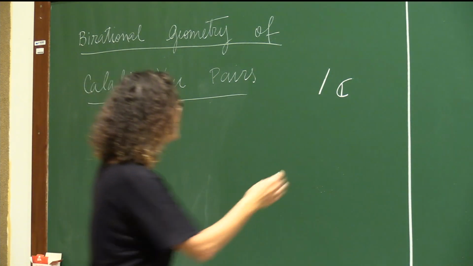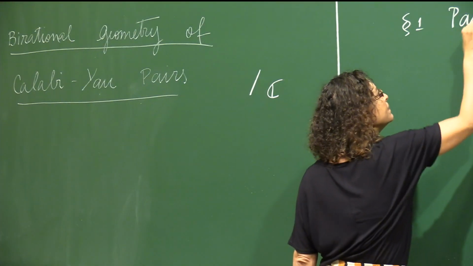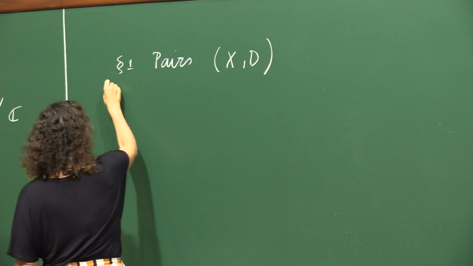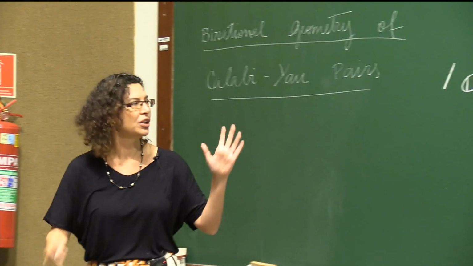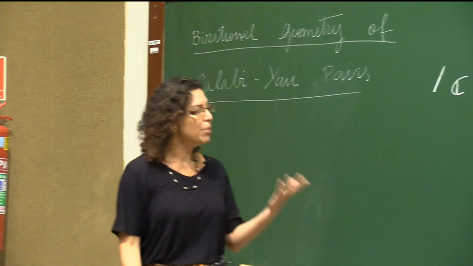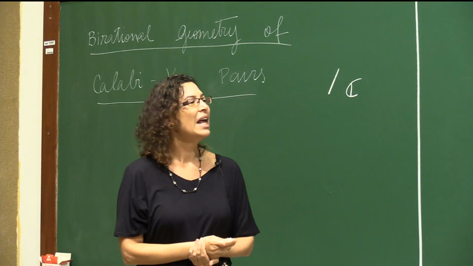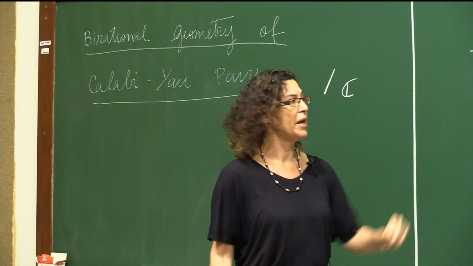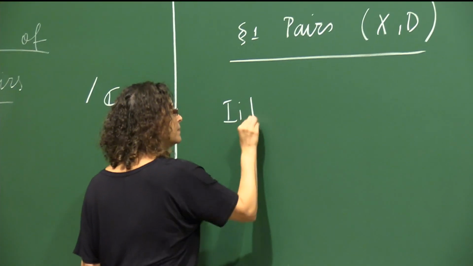So let me start by discussing the notion of pairs. Why should we look at pairs in algebraic geometry? Nowadays, this is a mainstream approach. In algebraic geometry, we often work with pairs from the beginning. But maybe for those that are not so used to this notion, let me give you one historical motivation for the study of pairs. So this starts with Iitaka's program